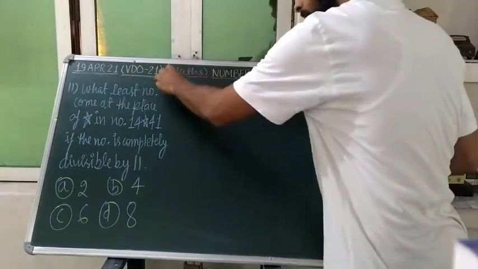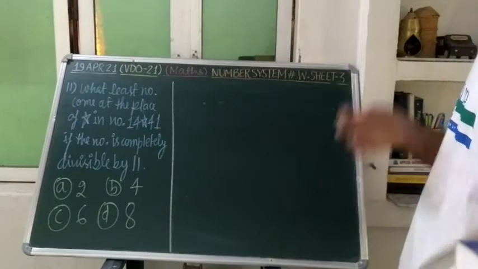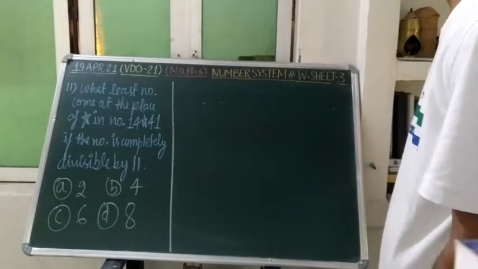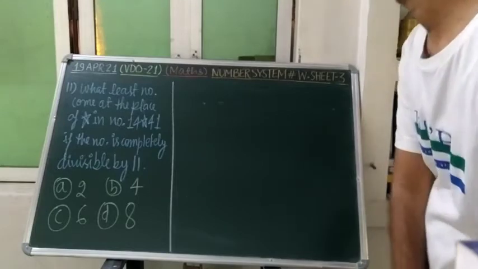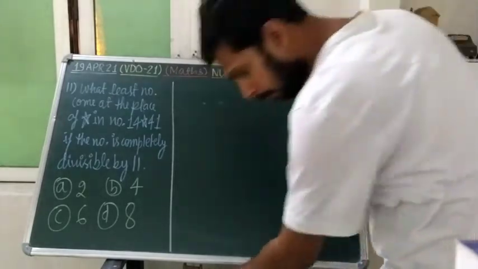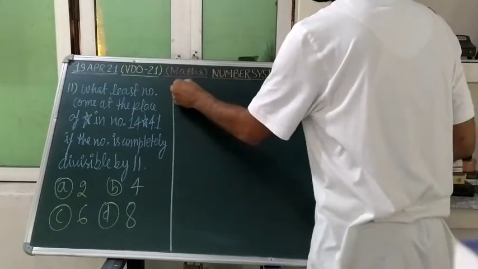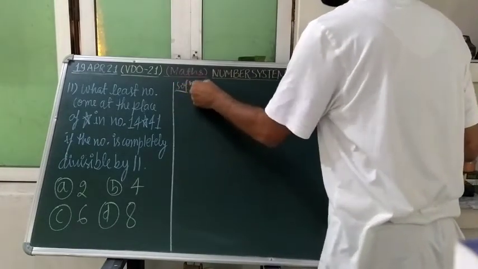11th one problem: what least number comes at the place of star in the number 1 4 star 4 1 if the number is completely divisible by 11? So for that 11, that divisibility